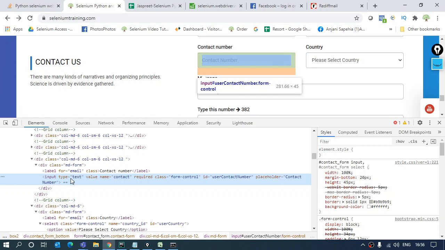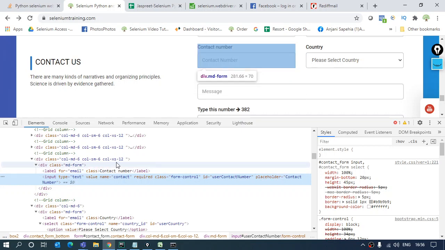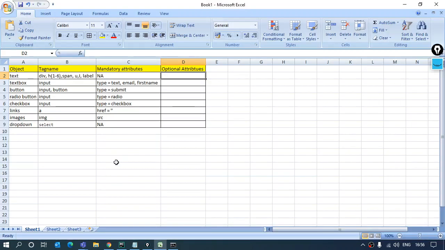That depends upon the classes made. CSS classes are made for the page to give a look and feel, right? But mainly three optional attributes are there which we can use to inspect the element. What are those? If an element has an ID, name and class, these are the optional attributes. If any of the elements that I am searching for have any of these three, I can easily extract them from the web page.